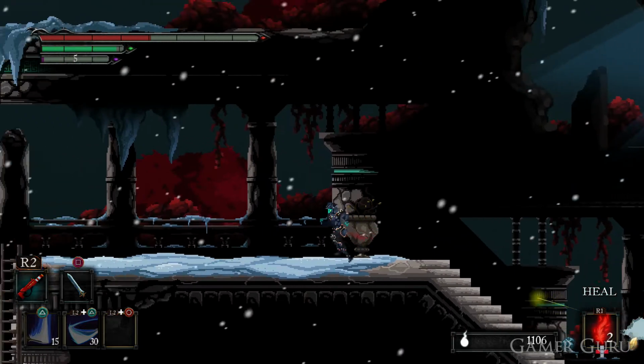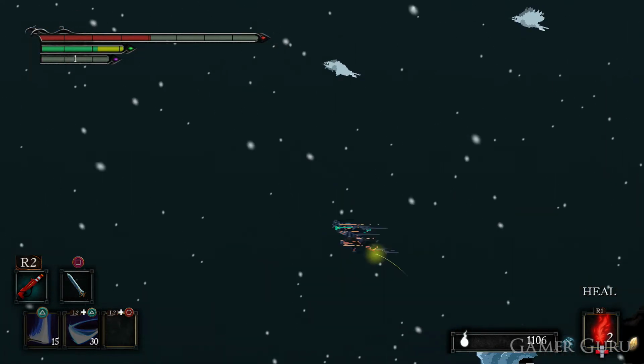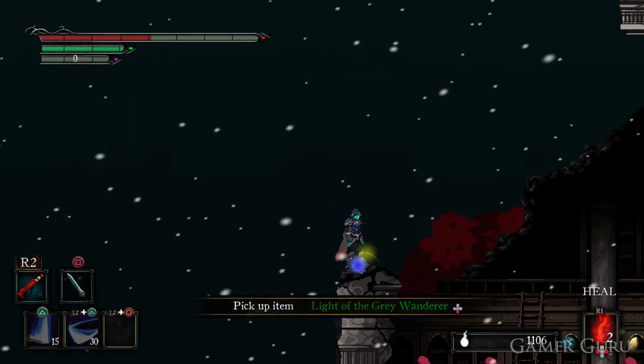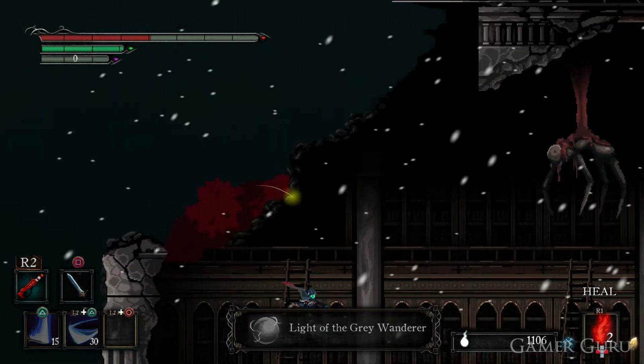So we want to jump down here to the left, air dash and land on top of this other column, and then do the same again, air dash, and we're going to land on top of the Light of the Grey Wanderer, which is a pretty well hidden item. You could just grab this by item jumping from the Owl King room, but that's the legit way of getting it. So I'd recommend picking that up before